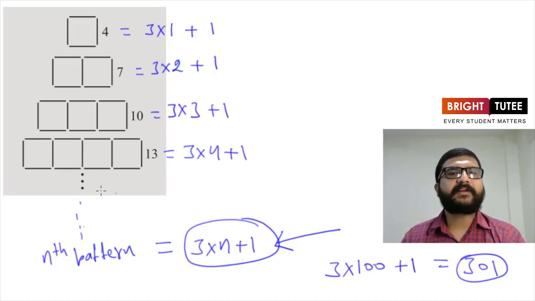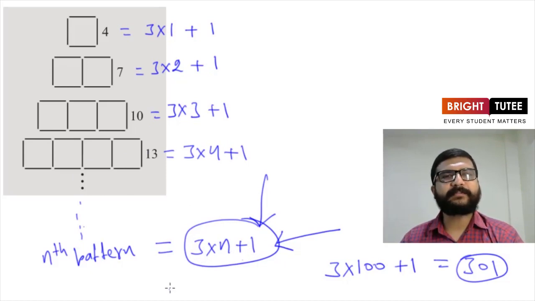So this is how we can use algebraic expressions in such patterns also, for finding the number of sticks or line segments used for the nth pattern or 100th pattern, or we can say 250th pattern, whichever number. For whichever pattern we have to find the number of line segments, we will just replace the value of n with that number in this expression. So this expression is the general expression, giving us the number of line segments used in the nth pattern. So it is 3n plus 1 in this case.